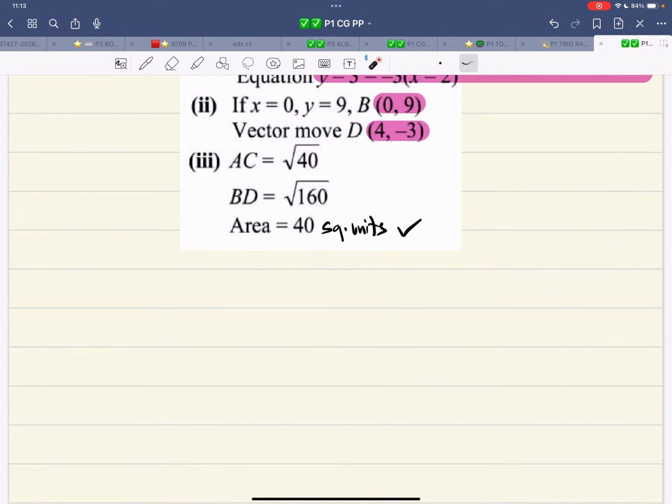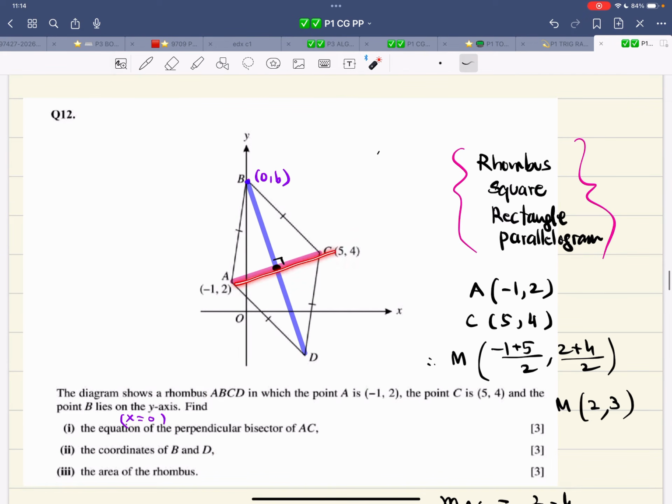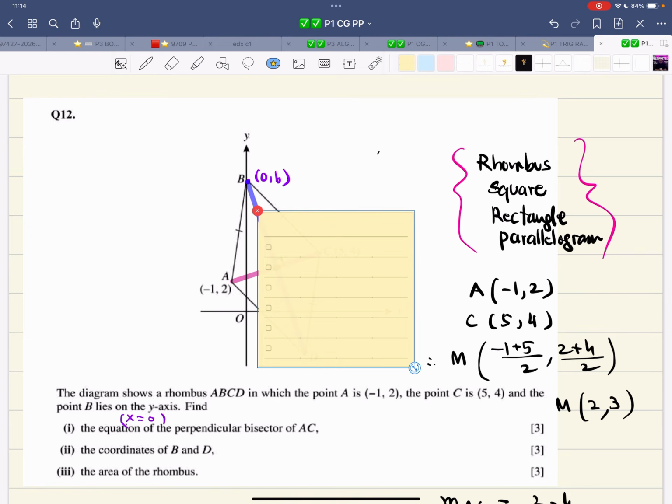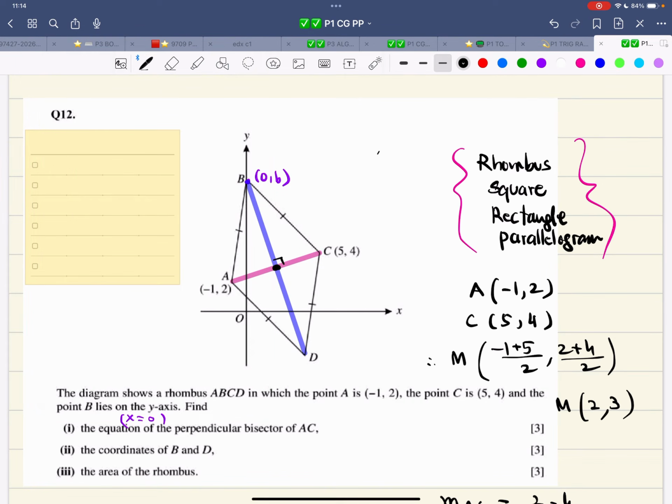Now they have done it in a different way. They have done it AC, BD. What is AC and BD? AC and BD, that is the diagonal. So they simply multiplied the diagonals together. So there is another formula, and let me write it down over here. So if it's a rhombus,